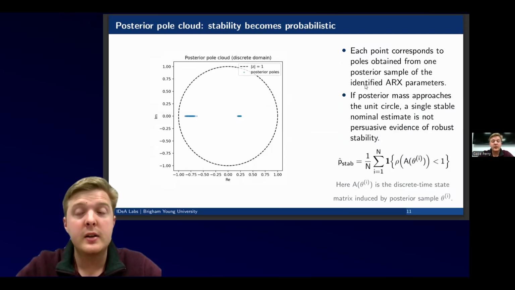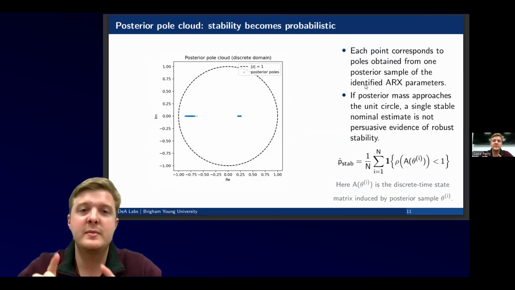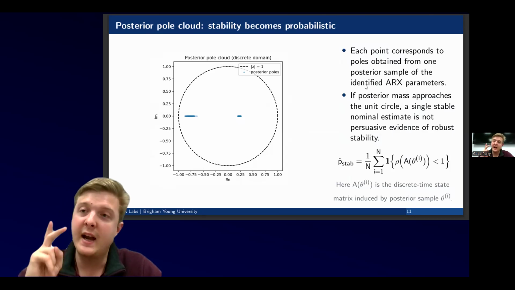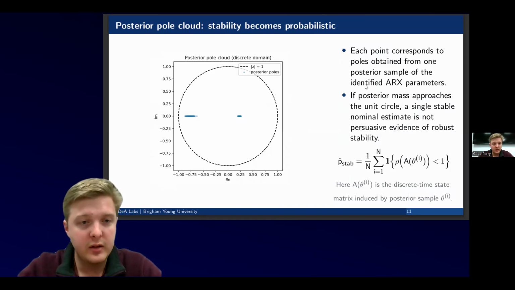Here is another plot with the poles of the system. This is a discrete time system. So stability is equivalent to the poles being strictly inside of this unit disk. And we see that the system that we have attempted to identify seems to have two poles, one slightly negative